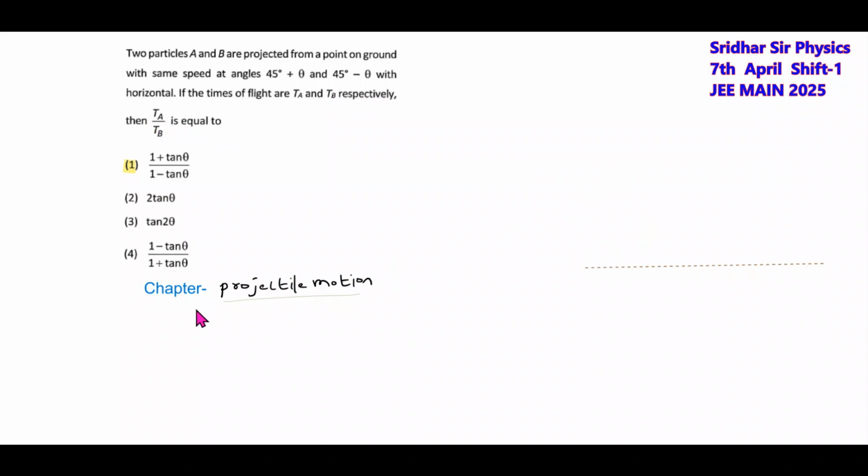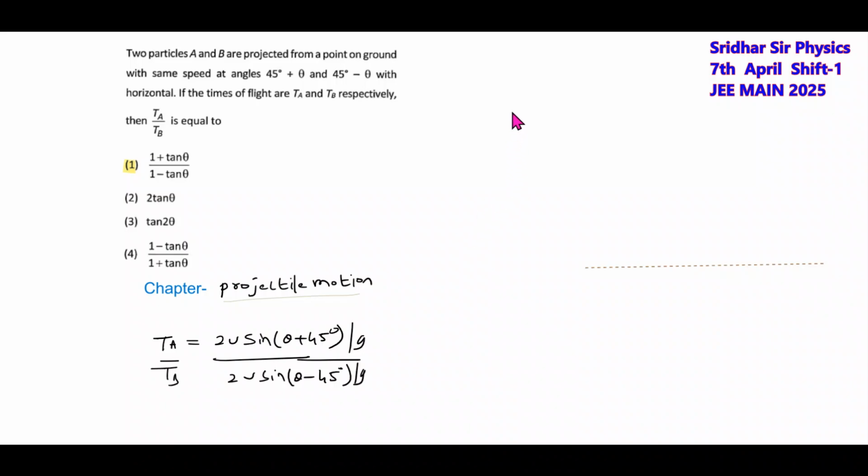The time of flight TA is equal to 2u sine of the angle by g. TA by TB is asked. Then this will be 2u